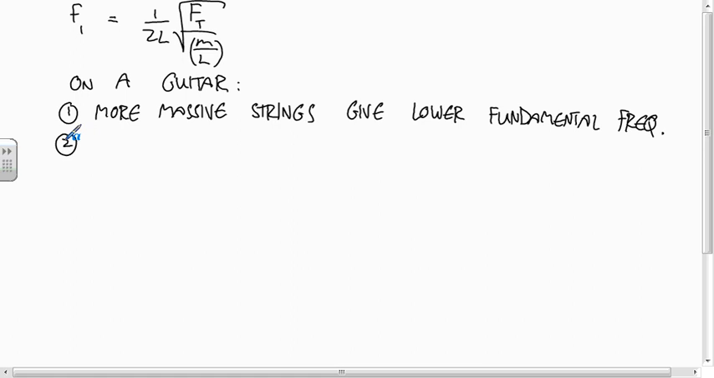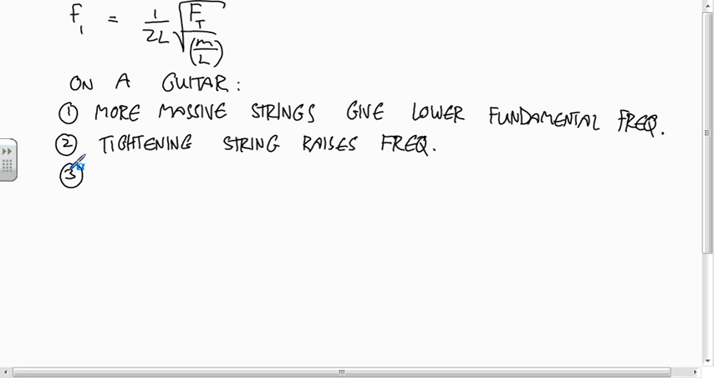Another thing we know about the guitar is when it goes out of tune, you go up to the tuning machines and you tighten the string to make the pitch higher, and you loosen the string to make it lower, okay? So tightening the string raises the frequency. And the last thing that you know is